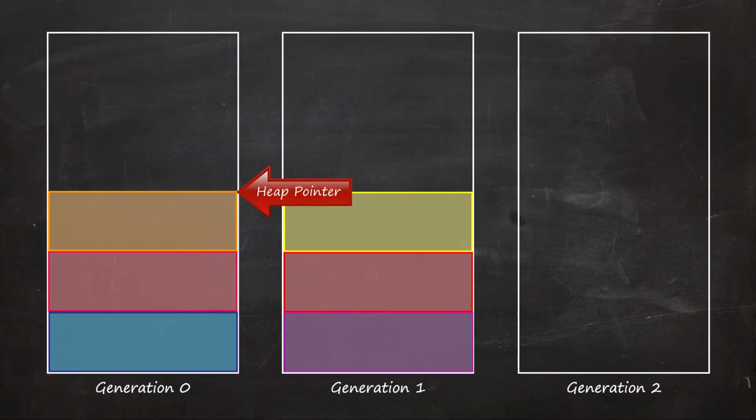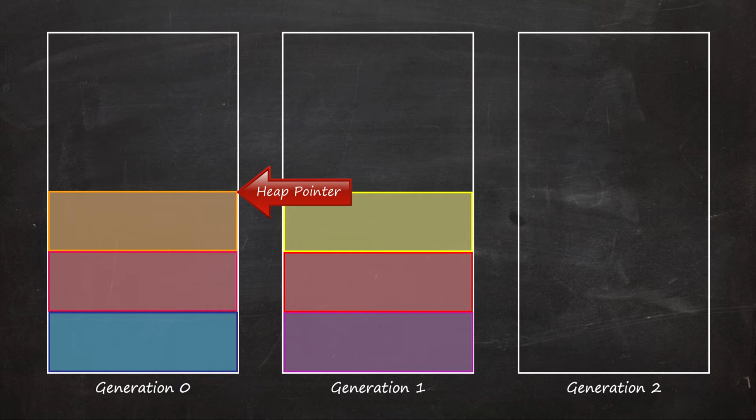The reason it's done this way is that any objects that have made it from the generation 0 heap onto the generation 1 heap have proved themselves to have a reasonably long lifetime. So things that are very short-lived are just going to be on the generation 0 heap for a short time, then they'll get garbage collected and go away again. Anything that's already made it to the generation 1 heap has proved itself and therefore is likely to stay around for longer. And the generation 1 heap is collected much less frequently than the generation 0 heap.